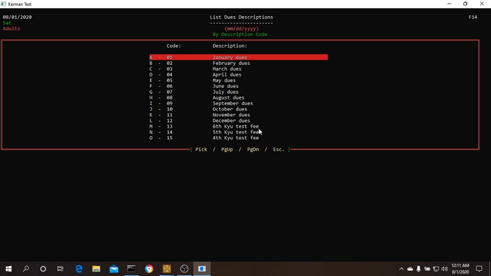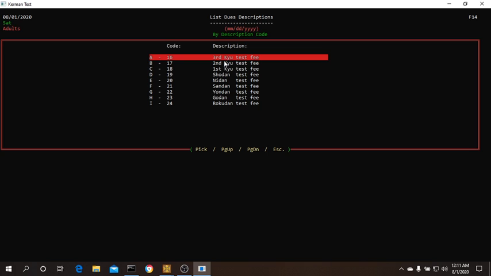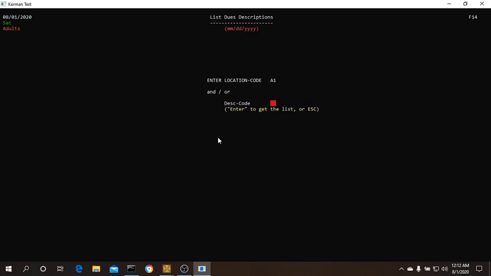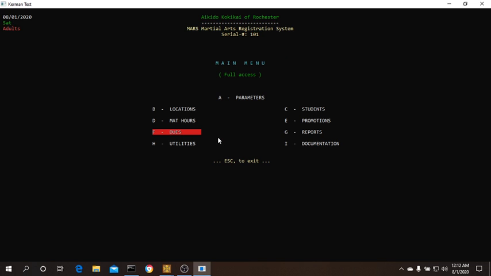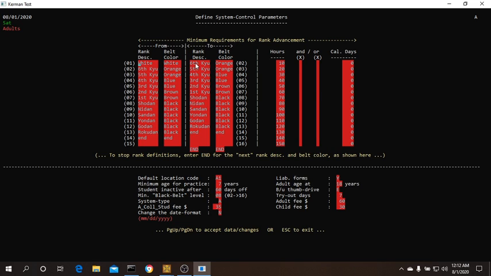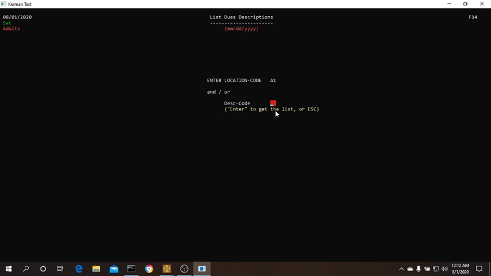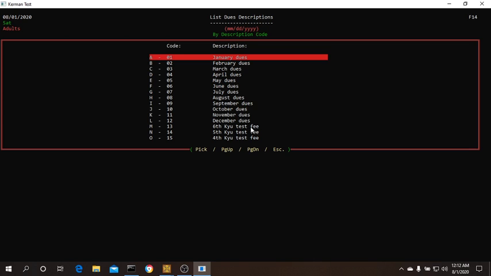And we have test fees described in the system for each of the ranks that you've defined in your style of martial arts. So if you page down, here are the rest of the ranks. Page up. These are the ranks you have defined under option A in your style of martial arts. So these are the descriptions for testing from one rank to the next. So from white belt to 6th Q, there will be a test fee, 6th Q to 5th Q, test fee,